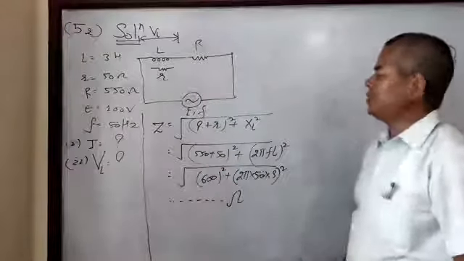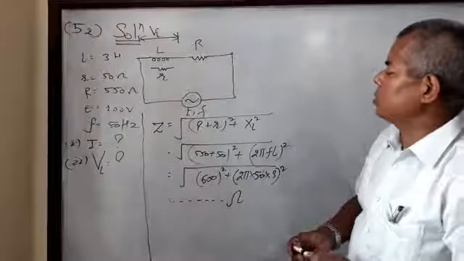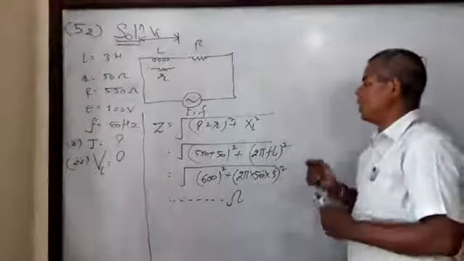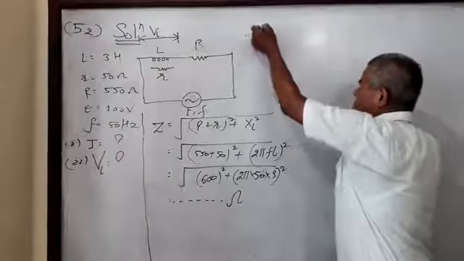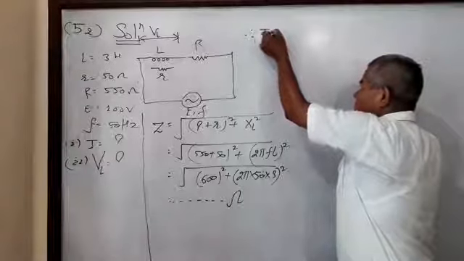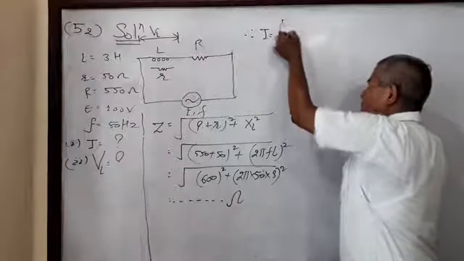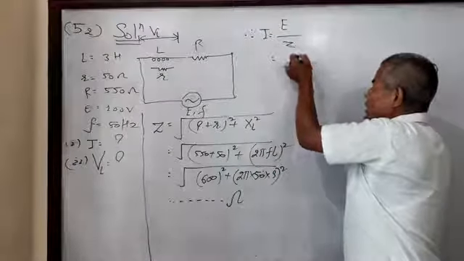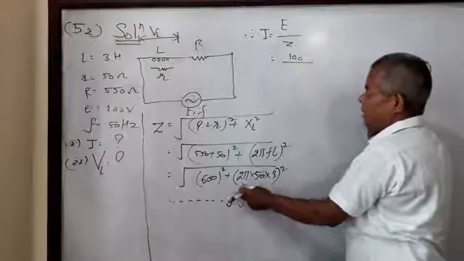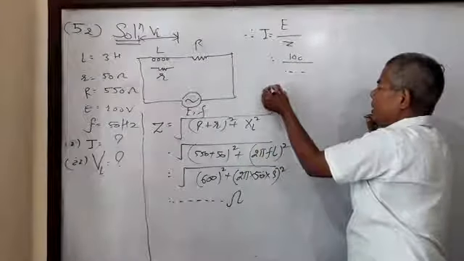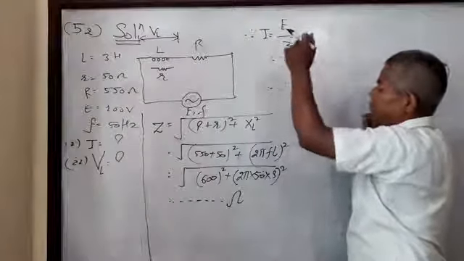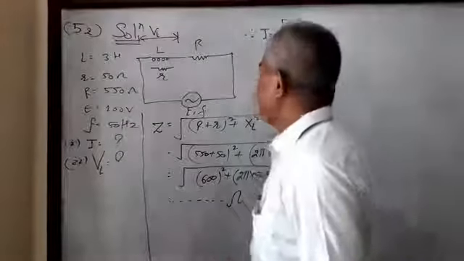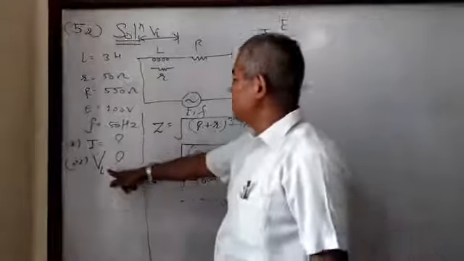Now our Z is done, the total resistance of the circuit is done, now we are finding the current. The formula for current: I is equal to what? I is equal to E by Z, and E is given to us as 100 volt, divided by Z. Put the value of Z here. Then evaluate the value of current, that is in ampere. The first part, I, is done.